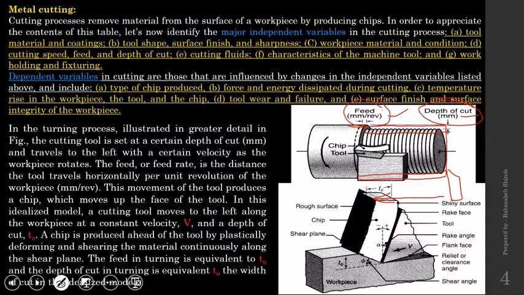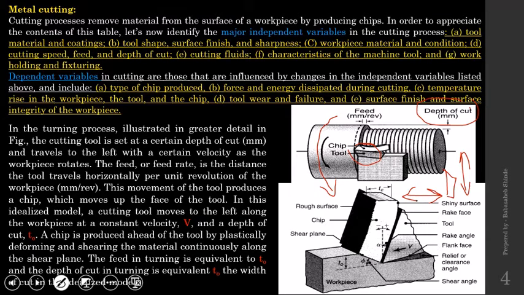Now how to measure that feed rate? The workpiece is going to be provided with rotary motion. The cutting tool is going to have two motions. What are those two motions? If I consider the cutting tool is over here, then I can have this motion. This motion will decide the depth of cut, and the cutting tool is going to have this one motion also, and this motion is nothing but the feed motion.